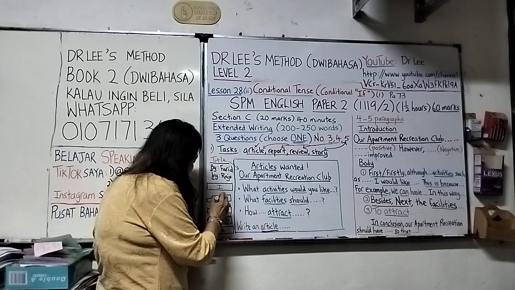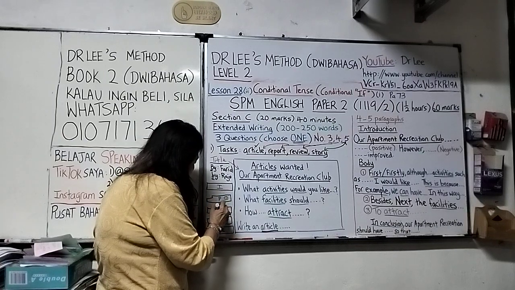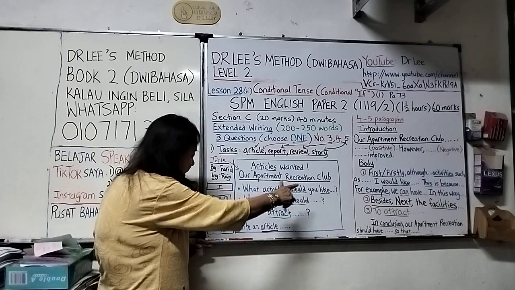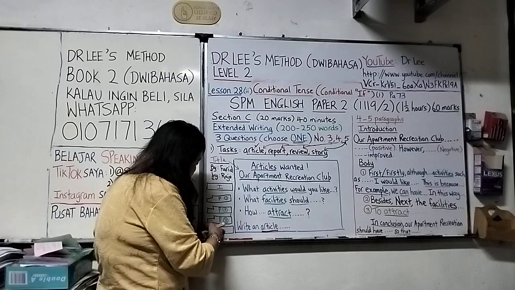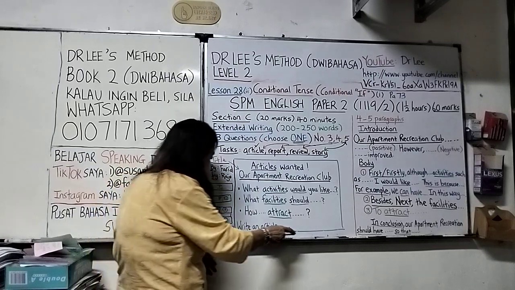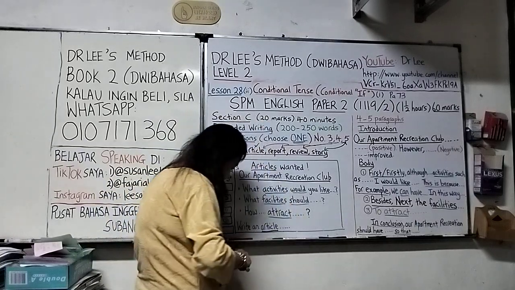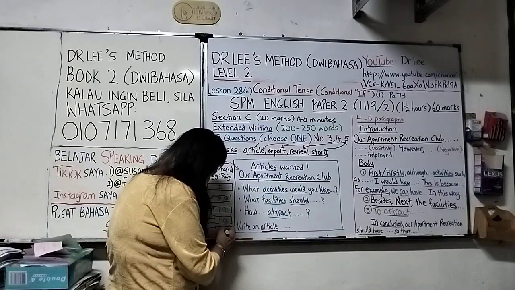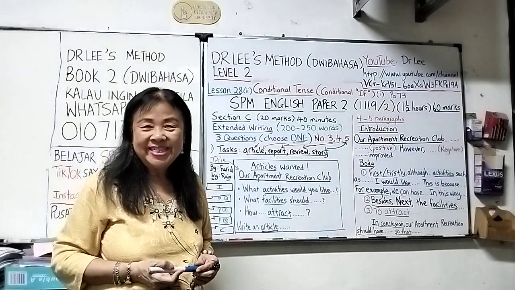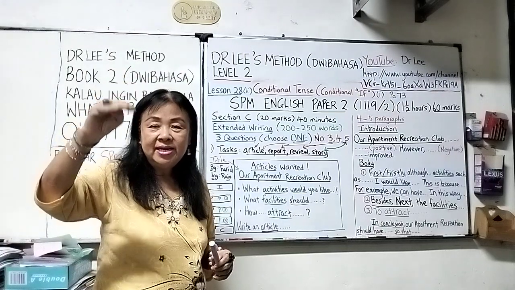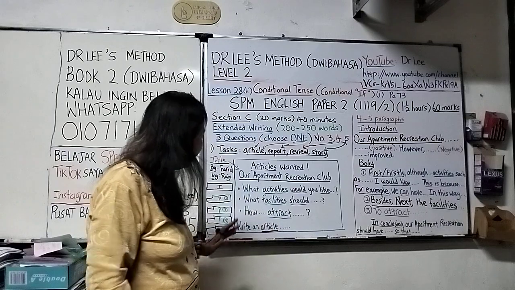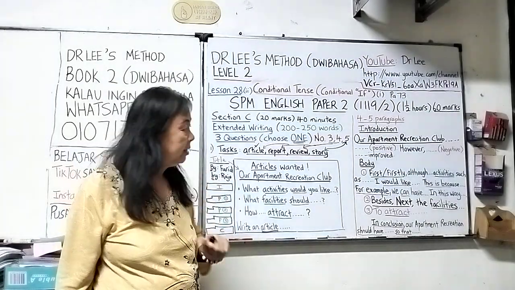So this will be the points. First point, second point, third point, which is the body. And then the last part will be the conclusion. I will write in blue. So like this. That's all. Very simple. Title, by, and then start. Altogether 5 paragraphs. 5. Now, how do you start?